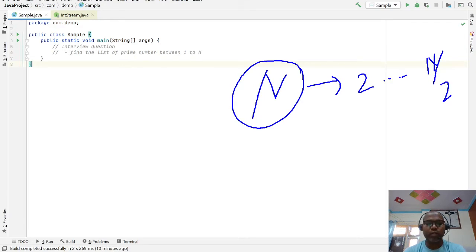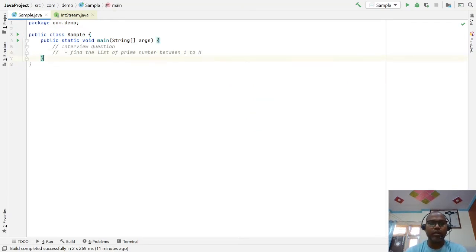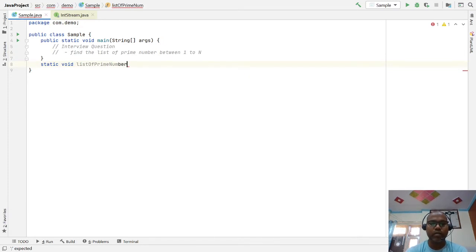So we have to write this code. Let's write a method. I am writing the first method: static void list of prime numbers. We get a range number n.